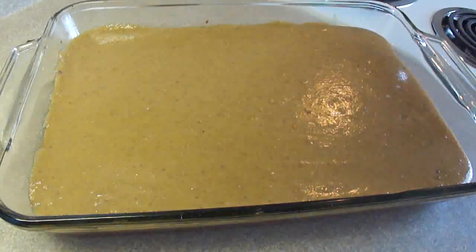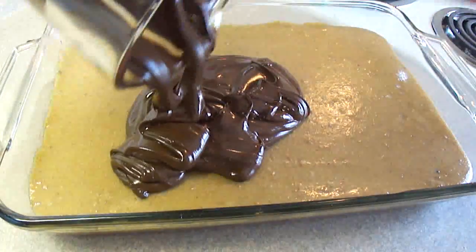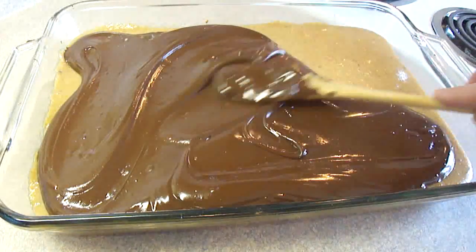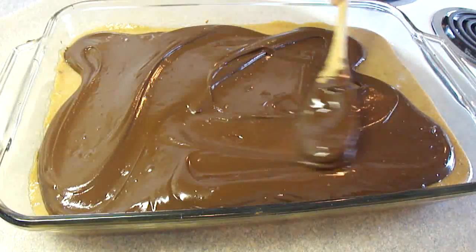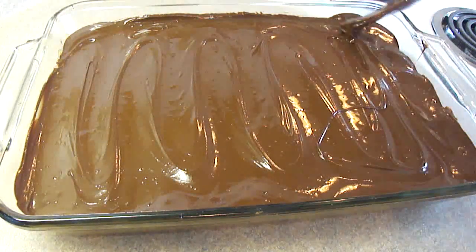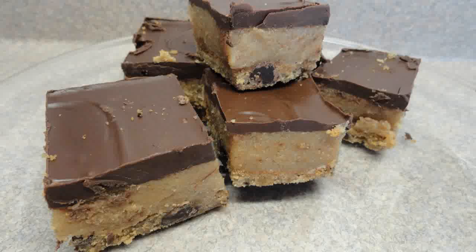And I let it cool a little bit, and it starts to set quite quickly, so when you touch it, it's not very sticky anymore. It almost sets like fudge. So spread the chocolate out evenly, and then put the whole thing in the refrigerator for about an hour until the chocolate is set. And then you're going to cut it into very small squares because this is a very